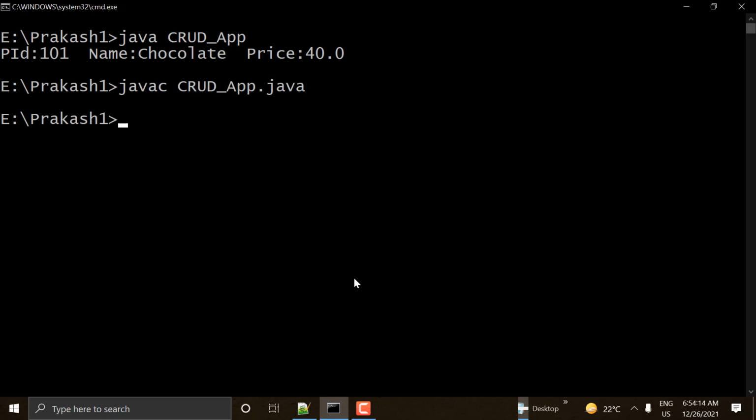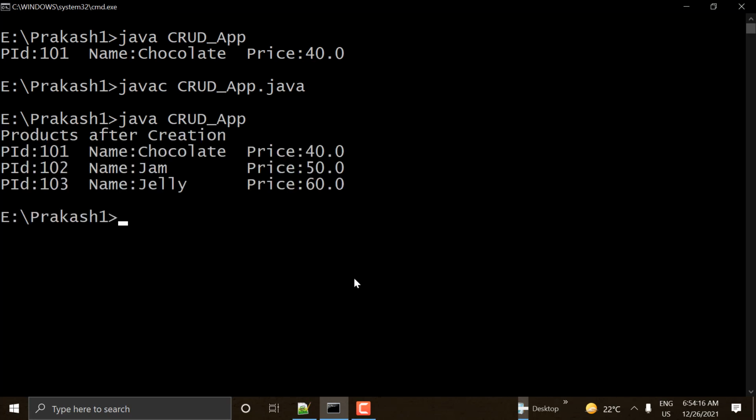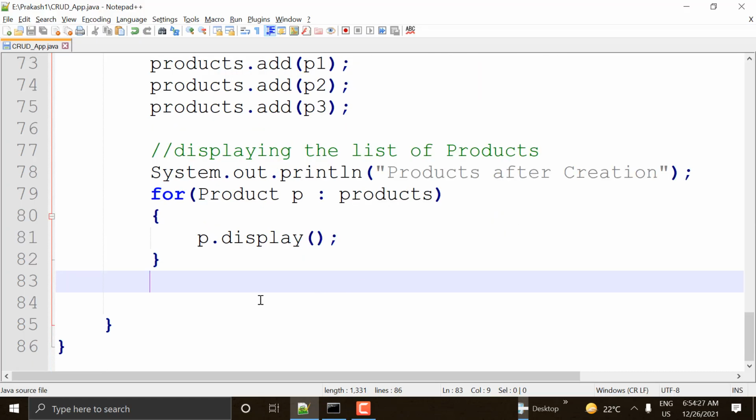So previously we had only one, but this time you will have three products. See these, guys, products after creation. We have 101 chocolate, 102 jam and 103 jelly. We have all the prices as well. Okay, so now let's go back to the main method, and we'll try to create a menu kind of